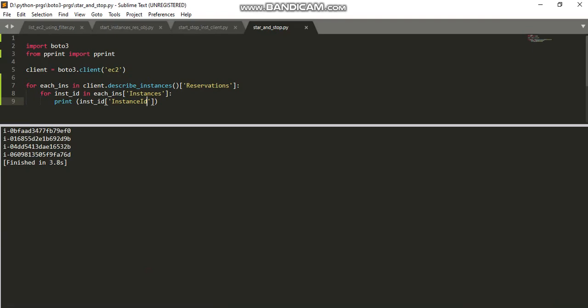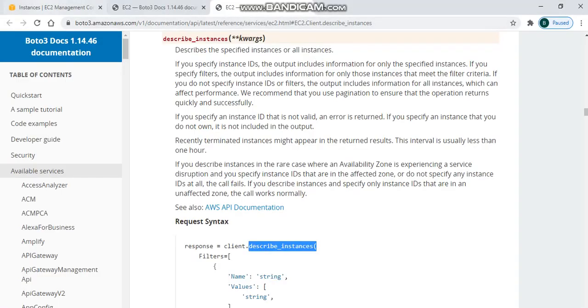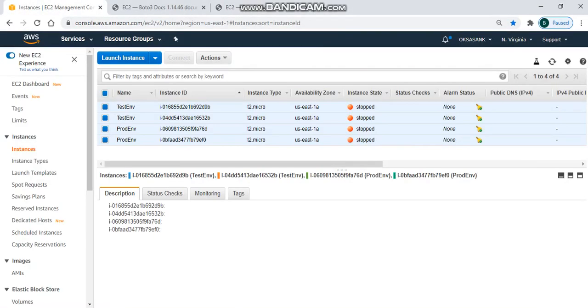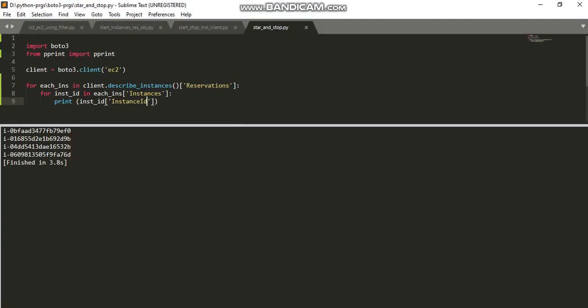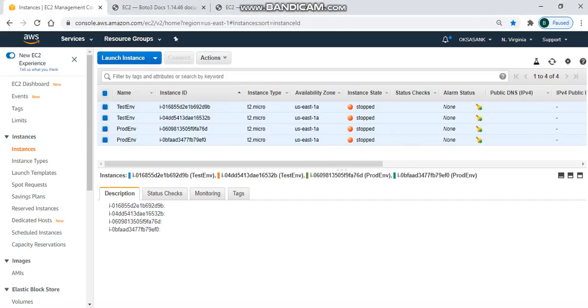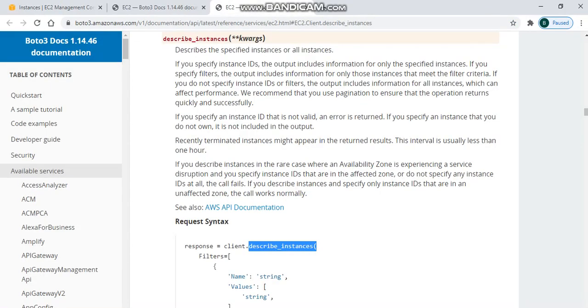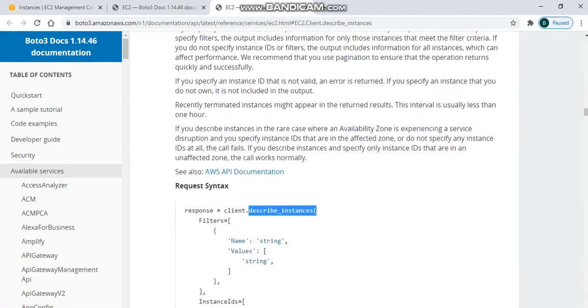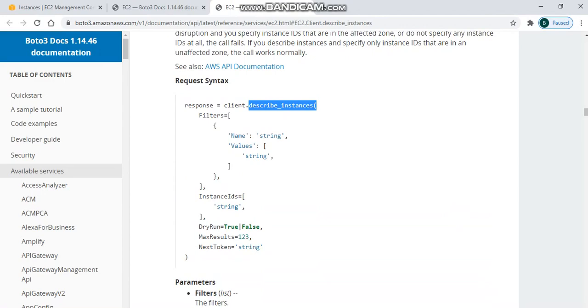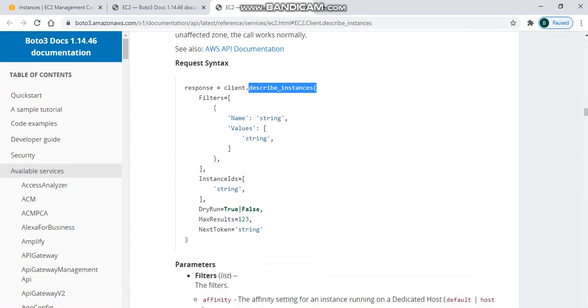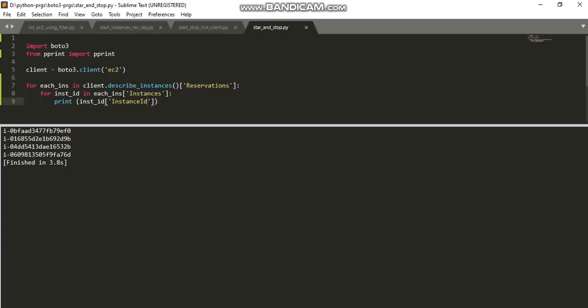See, now you retrieve all the instance IDs, but I want to, so let me show you. These are the 4 instance IDs. I executed this program and I fetched all the instance IDs of all the environments, but I want to fetch the test environment IDs, right? For that, let me filter. Somewhere I have the filter method, right? Let me open this filter and apply it in our programming.